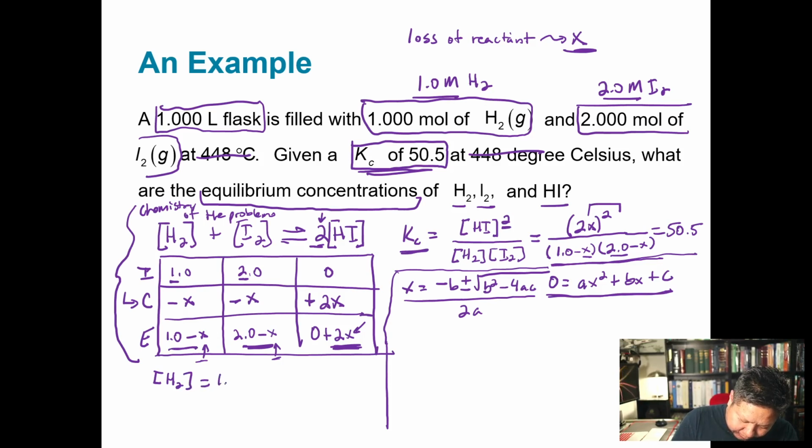So that's going to be 1.0 minus 0.935. And then we know that the equilibrium concentration for I2 is 2.0 minus 0.935. And then we know that the equilibrium concentration for HI